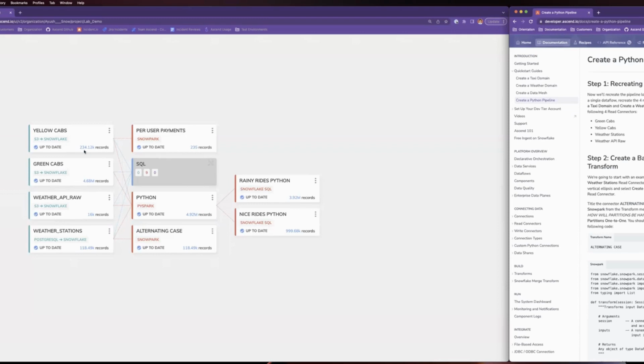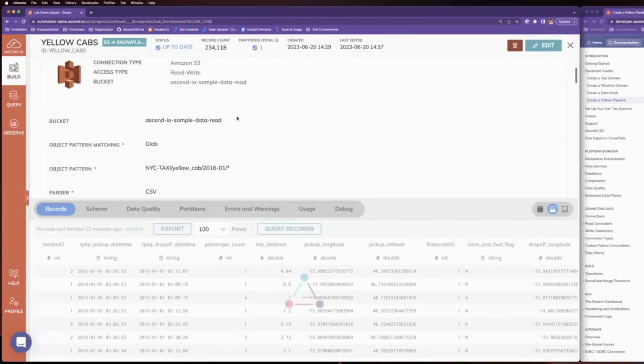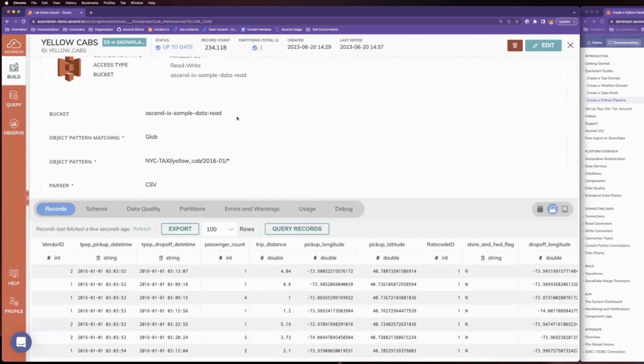But the more important part is when you create a read connector. We're telling you to create these 4 read connectors on the left, which I already have pre-created. But they will end up looking like this, right? And we'll walk you through that. Don't worry too much about getting access to the data. This should occur when you create a cloud account, and you should have access to these buckets.